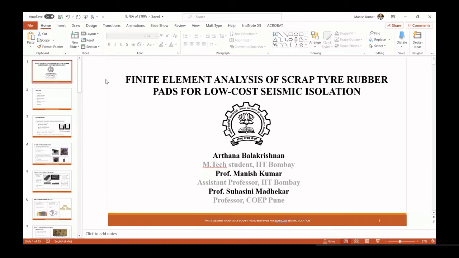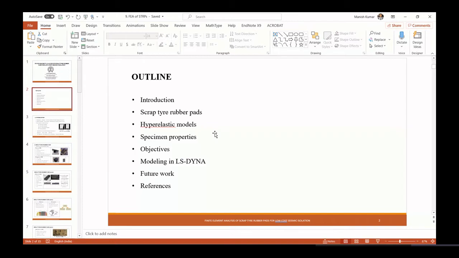And we cannot test an infinite number of bearings. So it is instructive to actually study the numerical model of these bearings so we can predict some of these mechanical characteristics through this finite element model. The idea was to create a finite element model of these scrap rubber tires using numerical models of the rubber, validate it with the experimental data, and then use that validated numerical model to further predict the mechanical behavior in the horizontal and vertical direction. We utilize the software LS-DYNA.